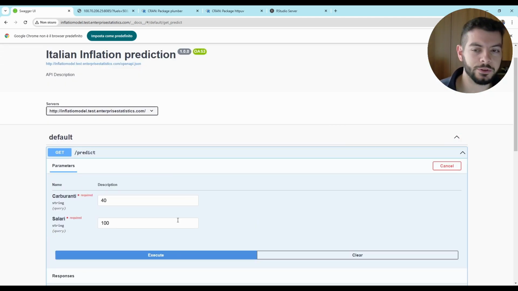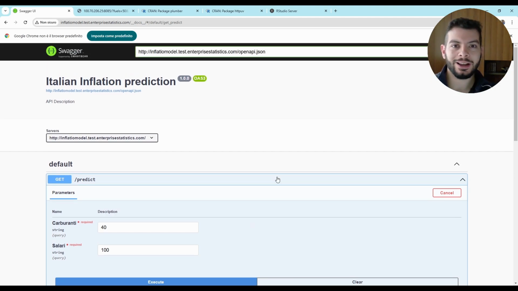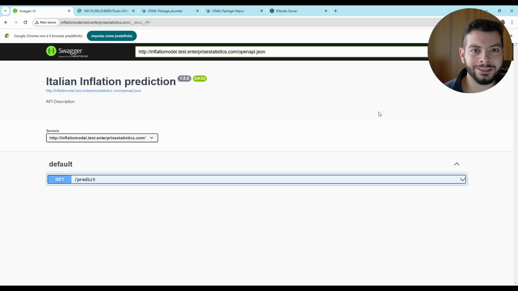I said in the previous video that this model has a not satisfactory performance at all, and I specify this because this video has a whole different topic, and the topic is how differently I could have done the same, that is, make consumable a statistical model with an interface. In this case the interface is quite intuitive, quite. Let's go to see the code. Very briefly, of course, without explanation.